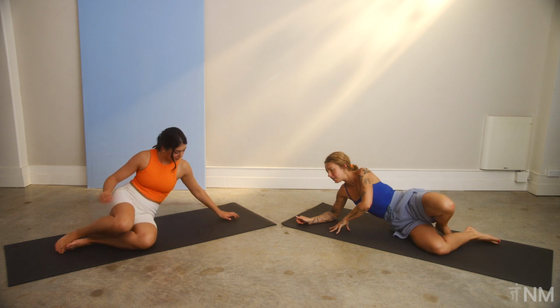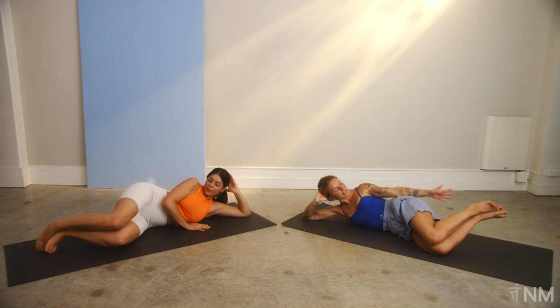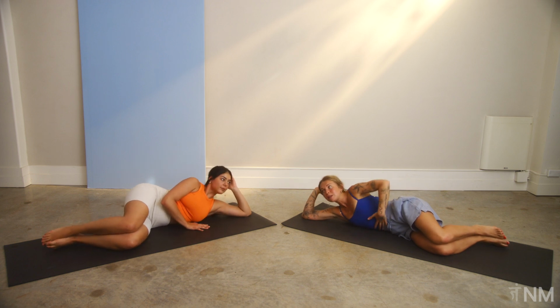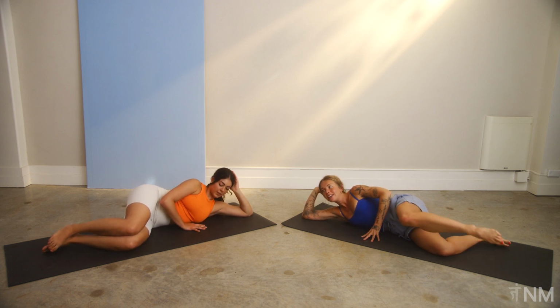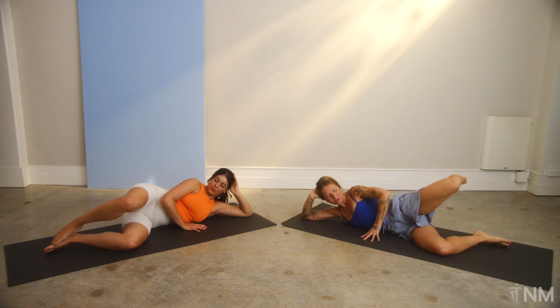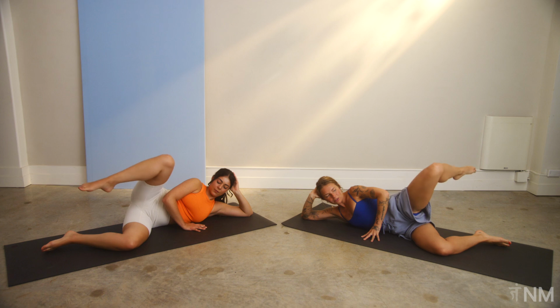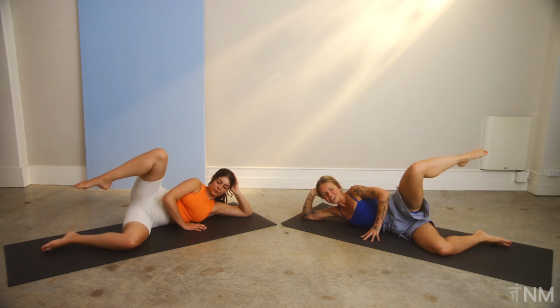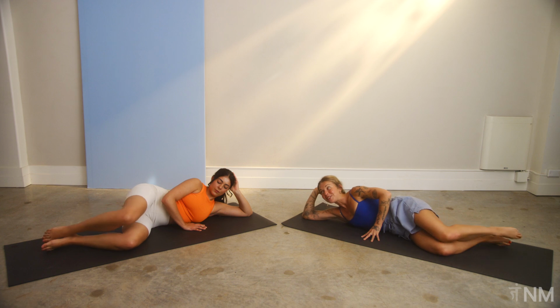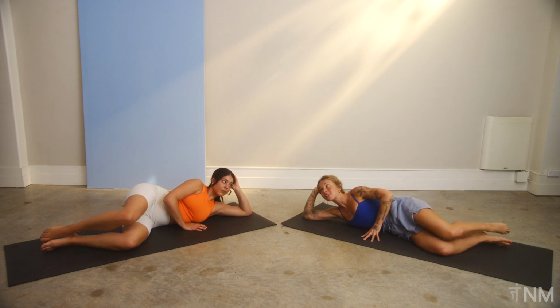So just as we started on first side, support your head in a way that feels nice, stacking those knees, lining up the ankles, feeling the abdominals hold before we do anything, and then taking that top leg and starting to draw those circles. Doesn't matter which way you go to start. Feel the inner thighs brush, opening up that hip joint. So starting with a bit of tenderness before we infuse that spice into that glute. And then you can reverse and circle the other way,